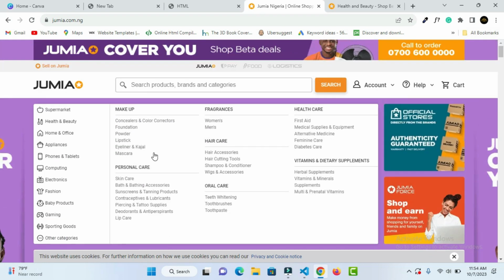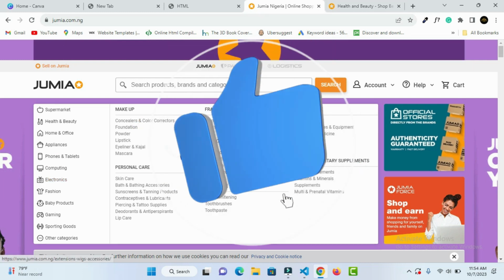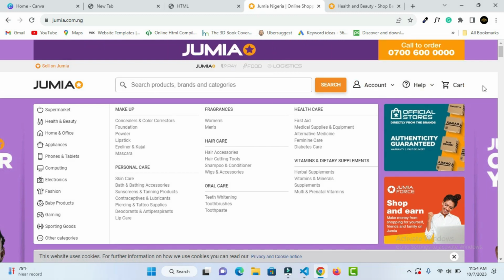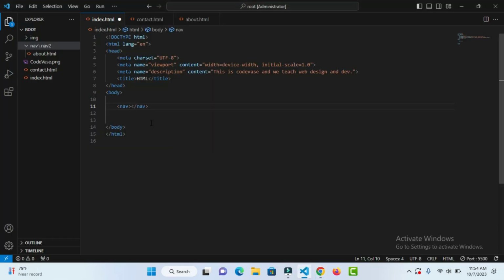Now this is where you add the hero section. If you go to their main website, you can see their hero section and all that. So this is their navbar. This is how their navbar is. Some websites, if you go to their navbar, you can be seeing about us, contact us, privacy policy. While some, you'll be seeing this kind of stuff. So it depends on your choice. So let's go to